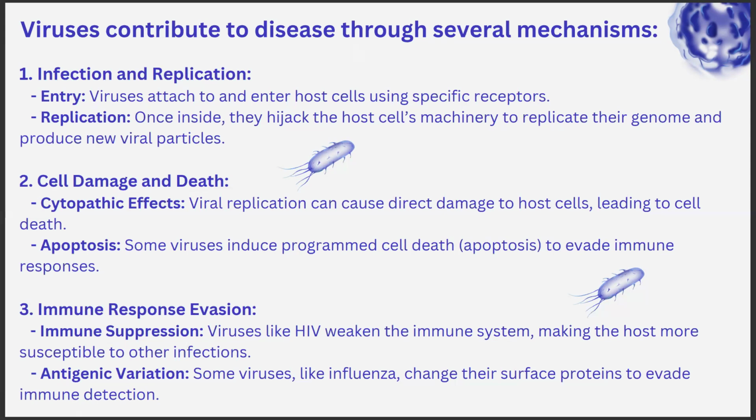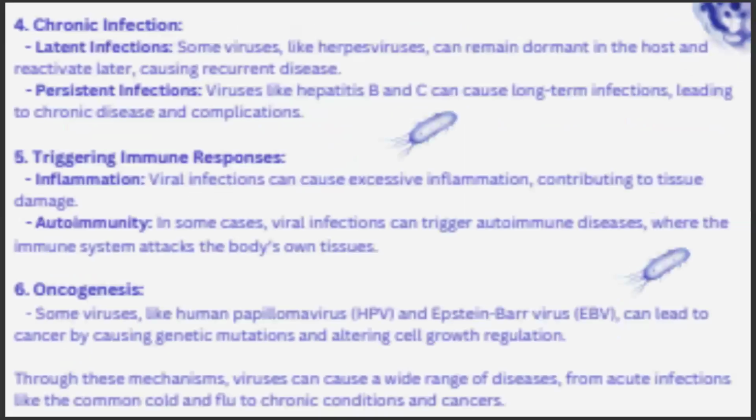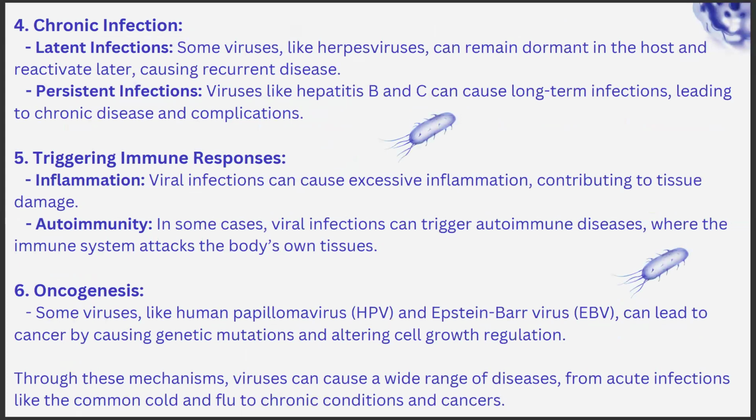Immune response evasion. Immune response suppression: viruses like HIV weaken the immune system, making the host more susceptible to other infections. Antigenic variation: some viruses like influenza change their surface proteins to evade immune detection. Fourth, chronic infection. Recurrent infection: some viruses like herpes virus can remain in the host and reactivate later, causing recurrent disease. Persistent infection: viruses like hepatitis B and C can cause long-term infection leading to chronic disease and complications,